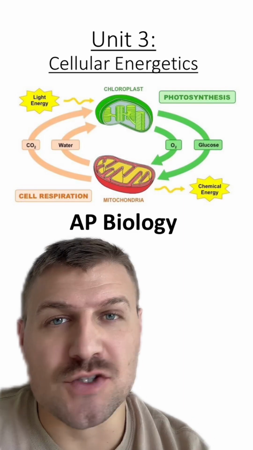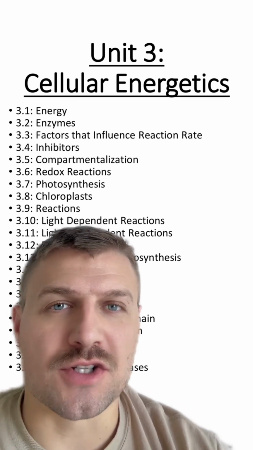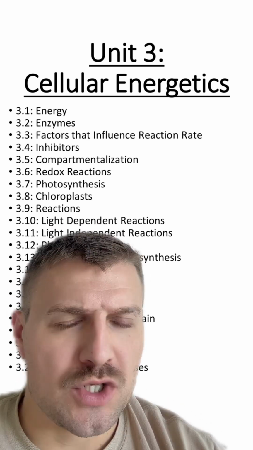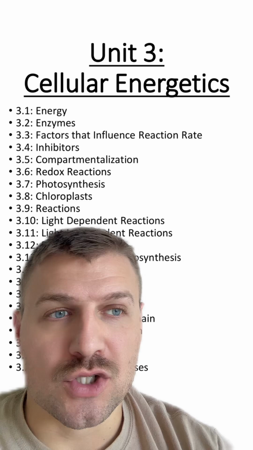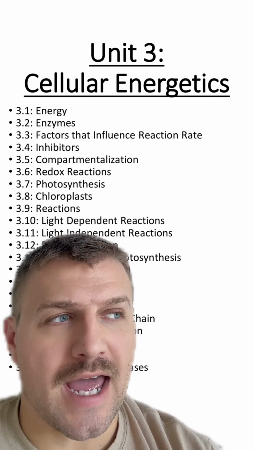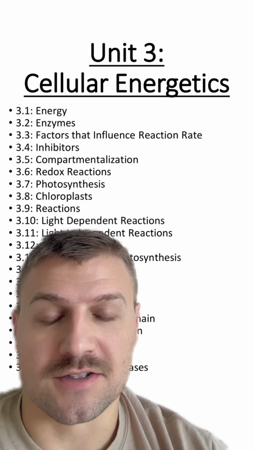Hello AP Biology students, we're going to go over the 7th section in Unit 3. In this section, we're going to transition into the process of photosynthesis. We just got done with the sections on enzymes and learned about how enzymes break down or join things together. Now we're going to learn how those specific enzymatic processes are going to be used in photosynthesis and then cellular